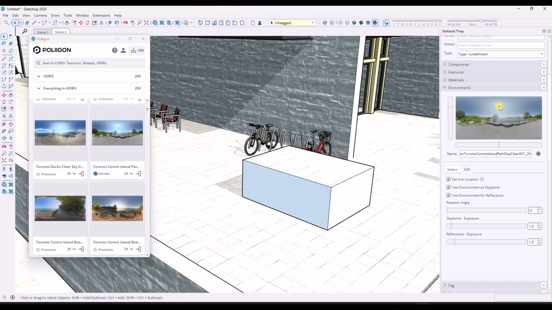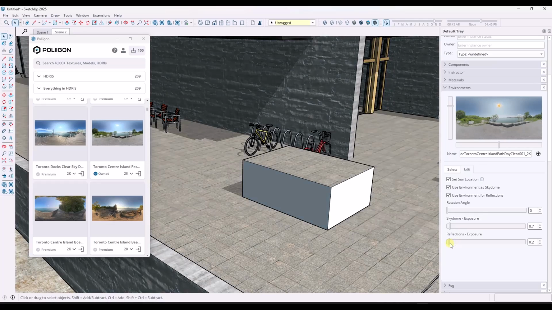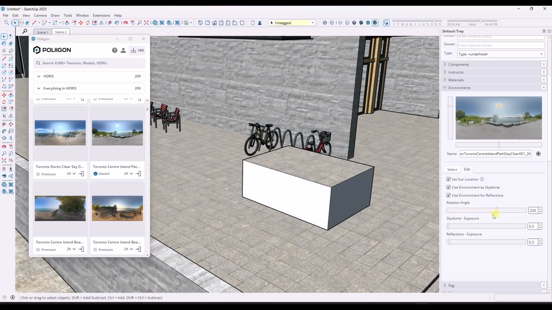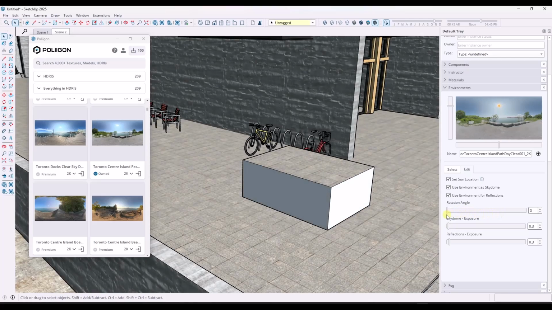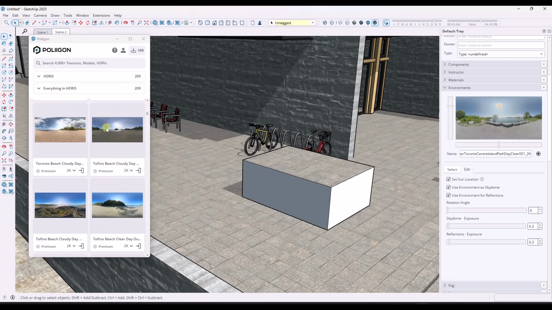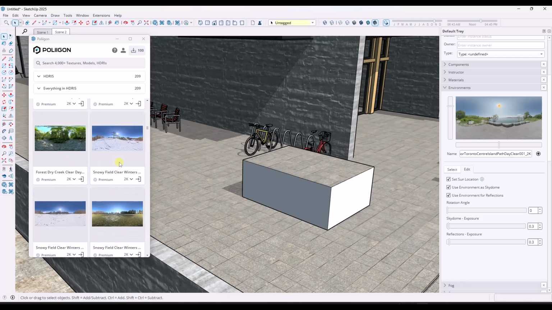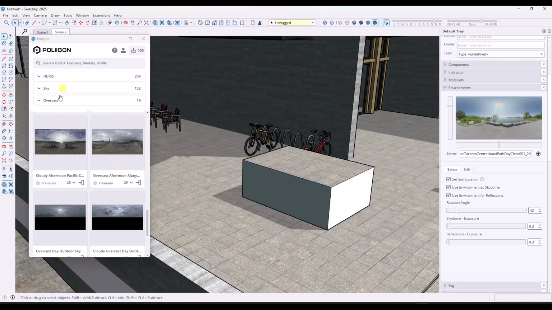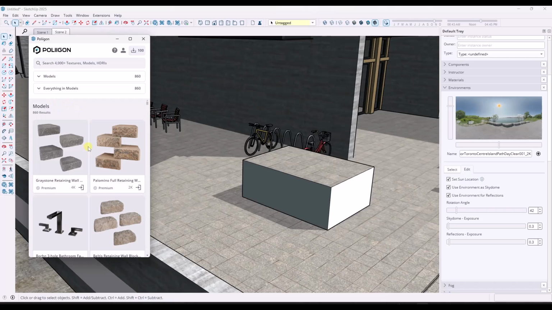I'm going to set the sun location to the bright point right here. We probably want to bring the exposure of the reflections down a little bit, but you get access to their entire library of HDRIs, and those also come in whenever you click on the download button. So you can use this in order to bring in any of those. So you get access to their HDRI library, as well as this last one, which is super interesting, which is